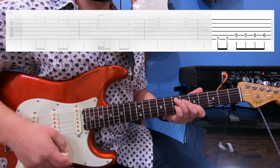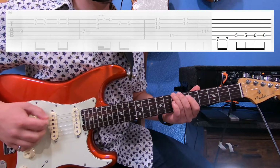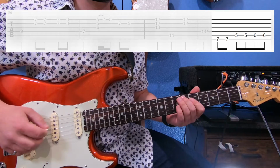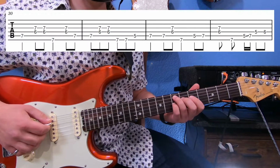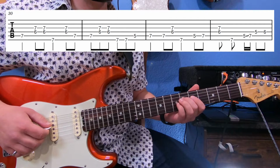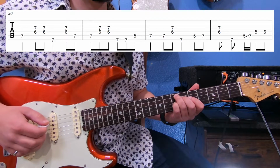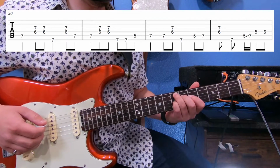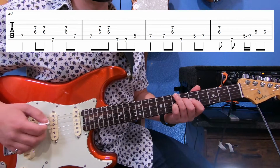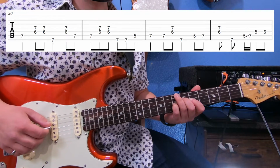What you do need to know is to start on the 7th fret of your low E string 2 times, 5th fret of the A string twice, 6th fret A twice, and then we got the 7th fret of the A. You're going to play the 6th fret of the D string, 7th fret of the G string twice. It's a double stop. Then we're going to alternate the bass note. We're going to go down to the 7th fret of the E string, play your double stop, 7th fret A string twice. 2 double stops,